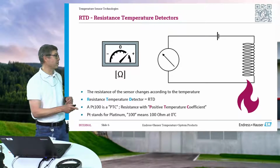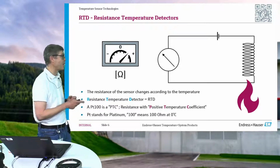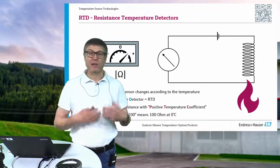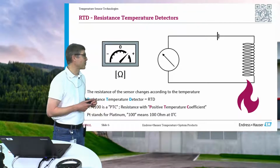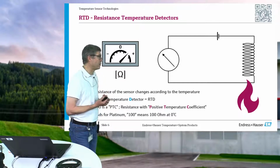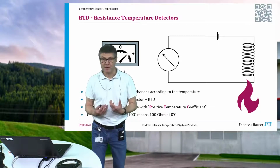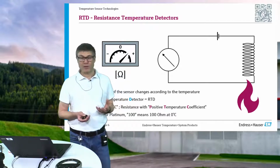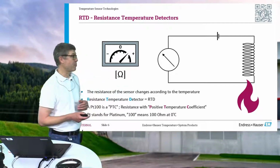most common way is a PT100. PT for platinum, the most stable material in the world, and 100 for 100 ohm of electrical resistance at a temperature of 0 degrees, which is the temperature of melting ice. And the resistance is increasing if you increase the temperature, and that's the reason it's a PTC, positive temperature coefficient, hard word. So it means 100 ohm at 0 degrees Celsius and around 138 ohm at 100 degrees, the temperature of